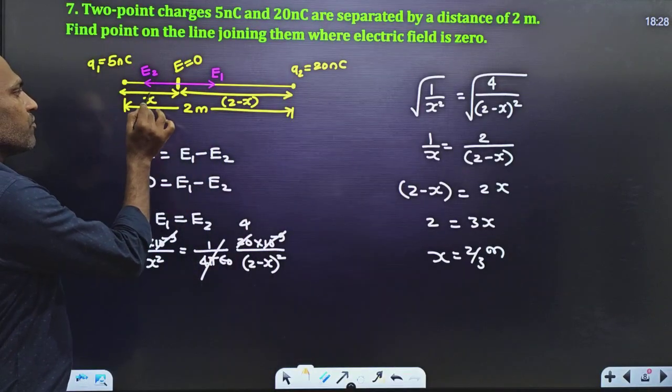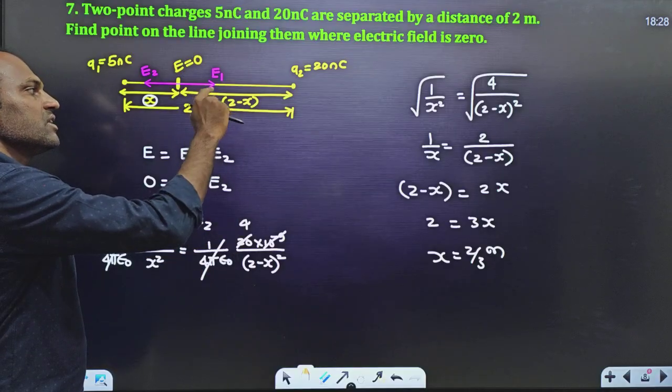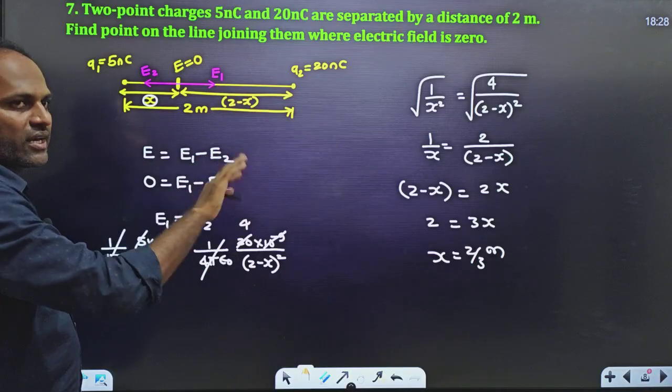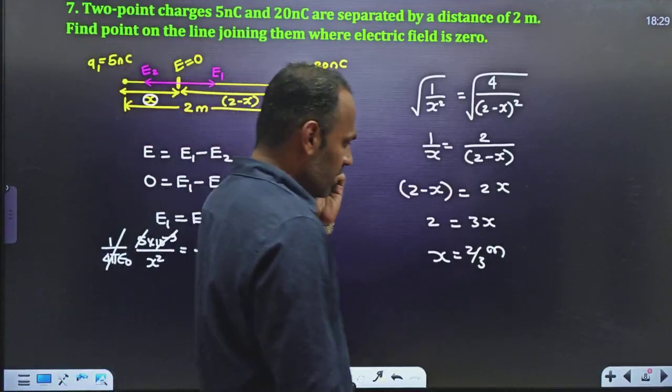Right? You got the value of x equal to 2 by 3 meters. If you want this other distance, take 2 minus 2 by 3, and you will get that answer. Right? This is how we have to calculate it. Clear? Okay. Next,